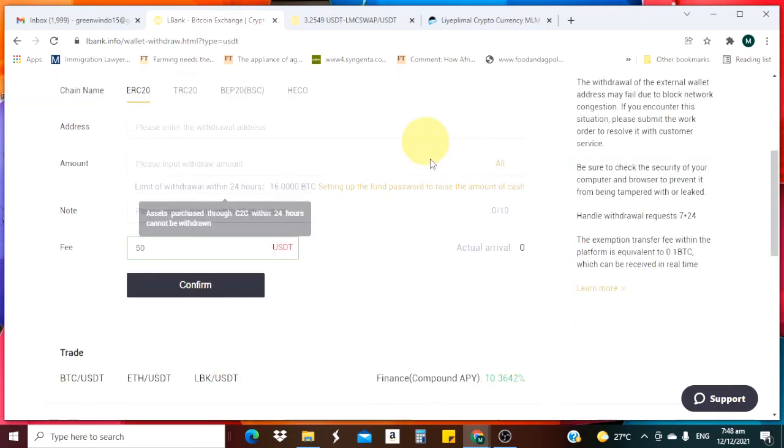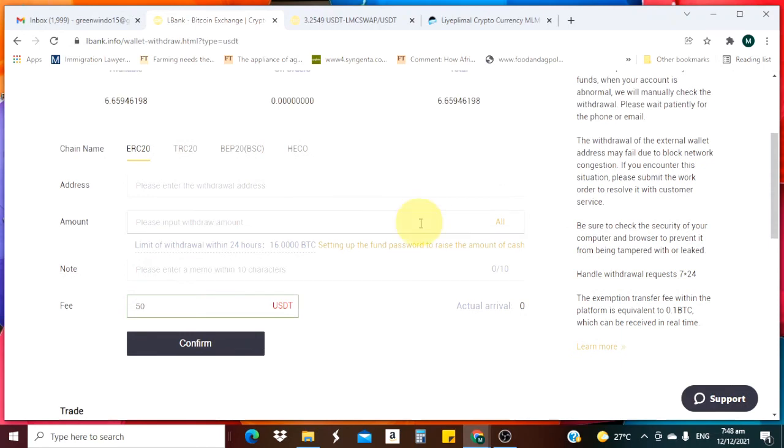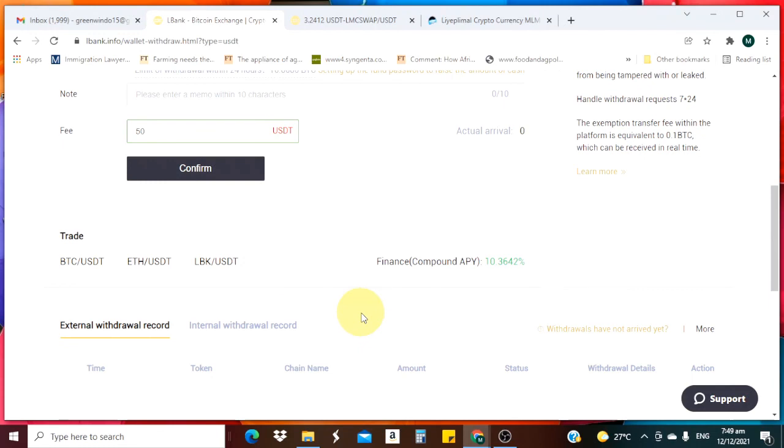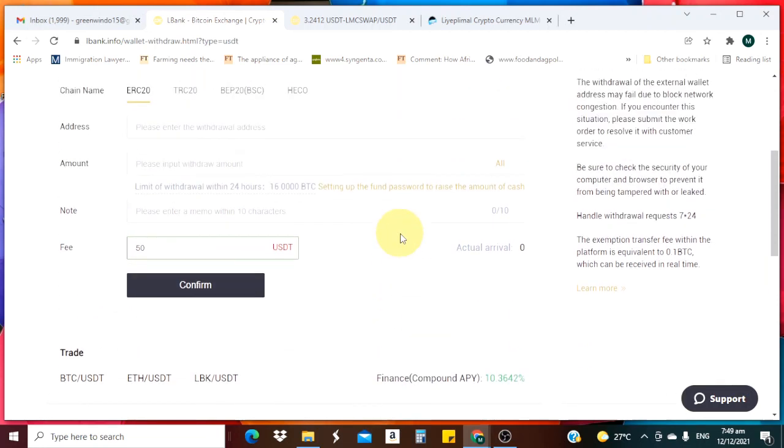Once you enter the address of the platform you want to send your USDT to, let's take the example of Binance, you copy the Binance BEP20 address for USDT and paste it here. You put the amount you want to withdraw, add the notes, and then the fee will be applied, and you can easily send your USDT to the Binance platform.